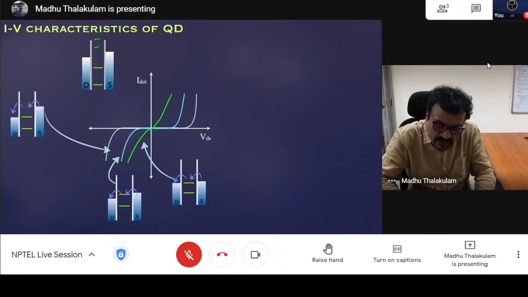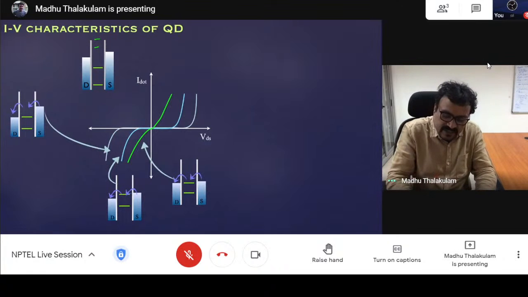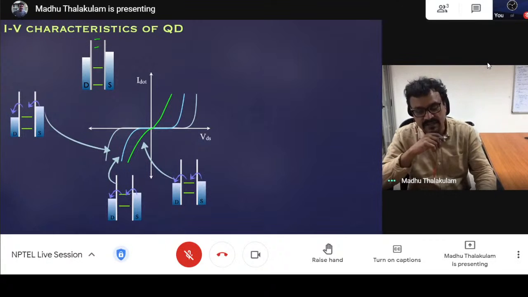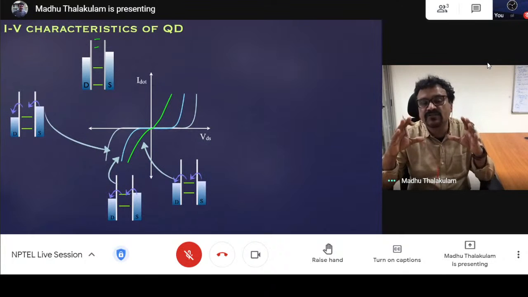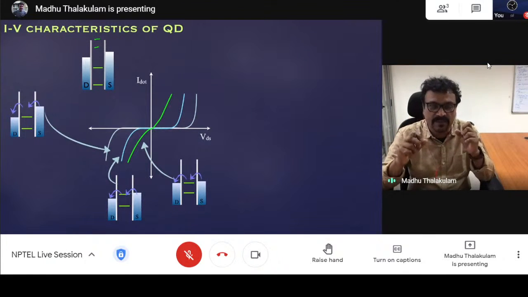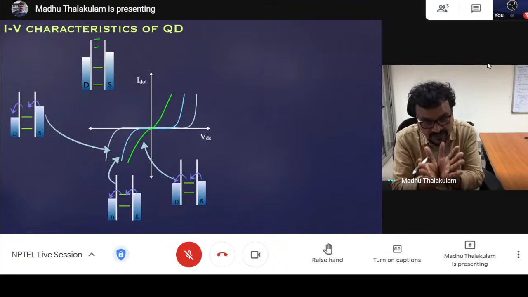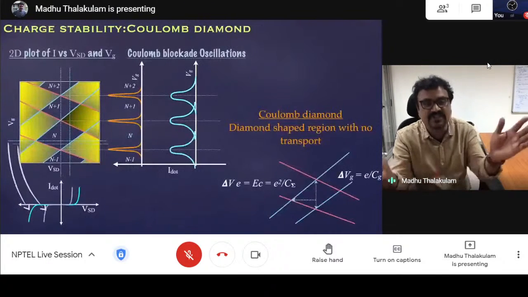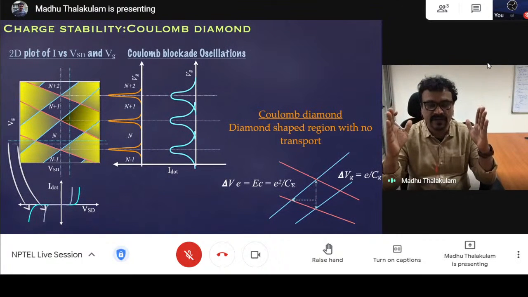Then you can get transport at a lower source drain bias. If you go further, you reduce the source drain voltage further, and you can pull this level in resonance with both of the levels. Then practically you can get transport even when the level is in resonance with the source and drain, when zero source drain voltage is applied. What that means is when you change the gate voltage, you can reduce the source drain bias window for the transport to happen. So this Coulomb blockade region will get narrower and narrower, and finally it will merge. So you can visualize a situation where you have a really large source drain window for the transport to happen, and within the